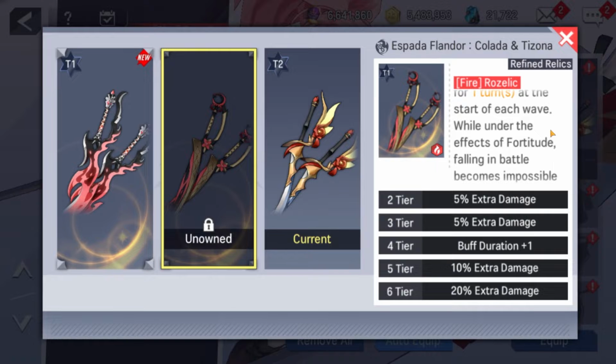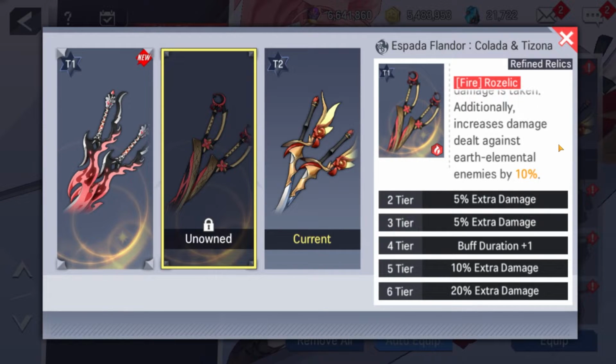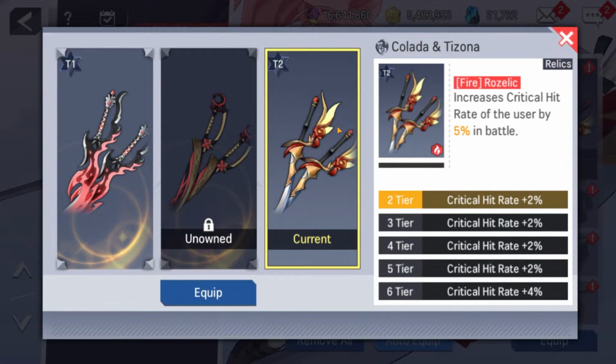The buff duration will go up to 2 turns at tier 4. This will also increase her damage against Earth Elemental enemies by 10%, going up 5% at tier 2 and 3, and 10% at 5, and 20% at 6, for a total of 50. Her default increases her crit rate, so you can run this if you don't want to build as much on